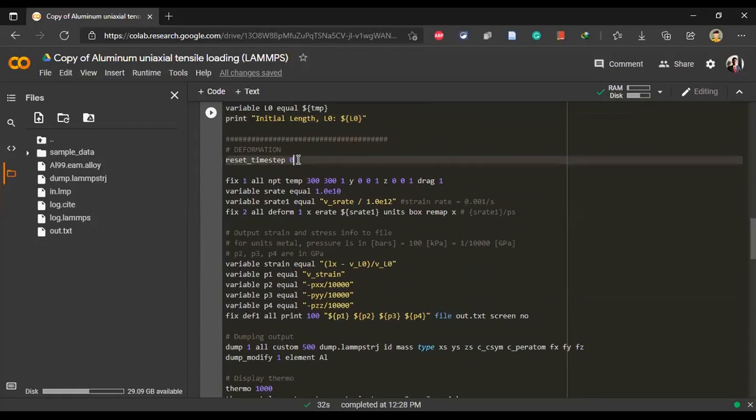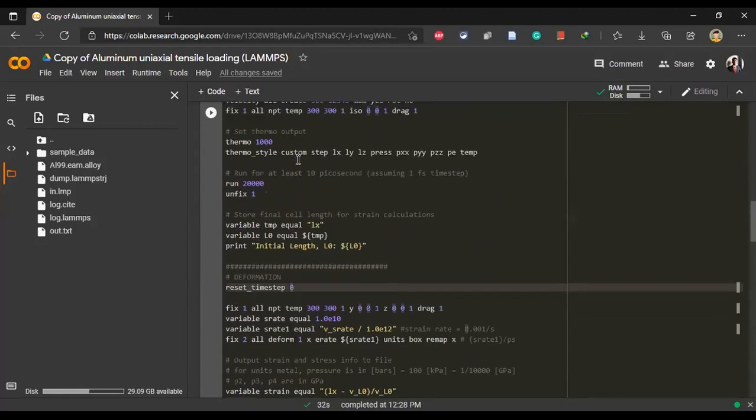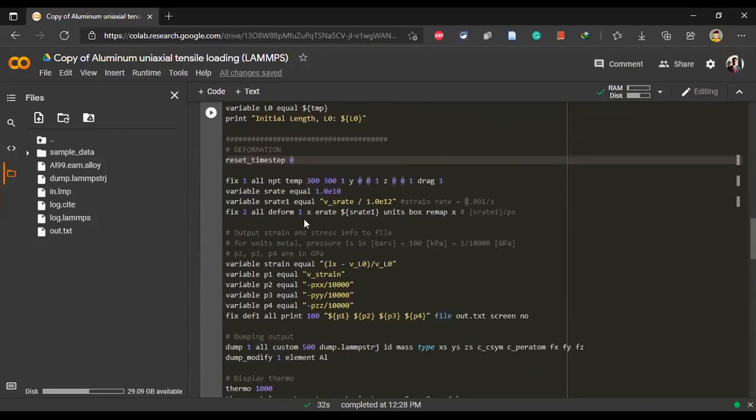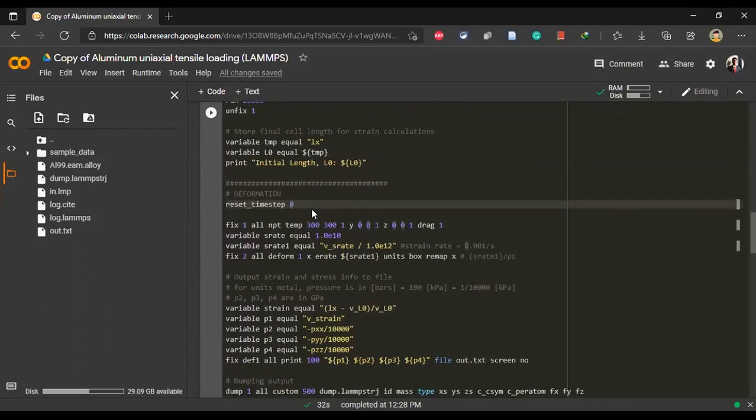That is because this equilibration does not have anything to do with the deformation. So when we start the calculation, it will be very easy for us to start from 0. That is why we are resetting the time step again to 0. And again, we are using an NPT ensemble at 300 Kelvin, and then along Y the pressure is 0,